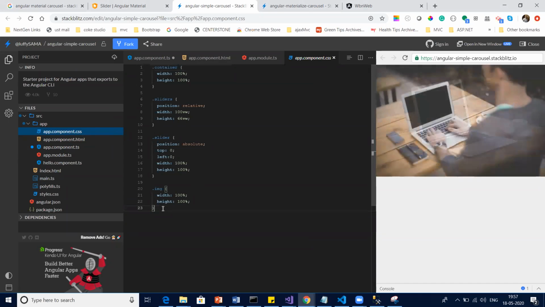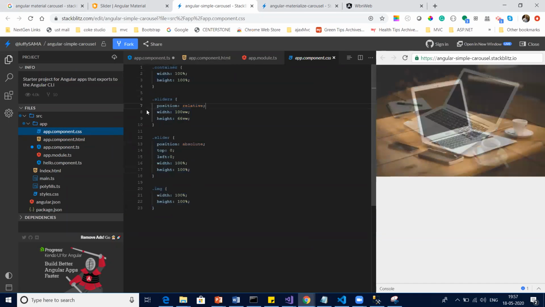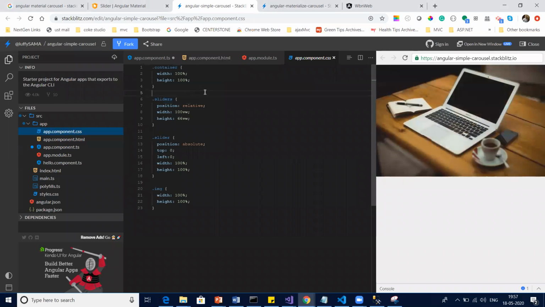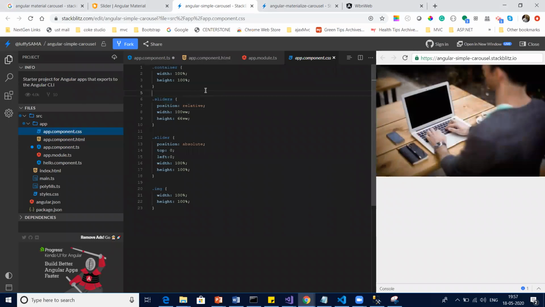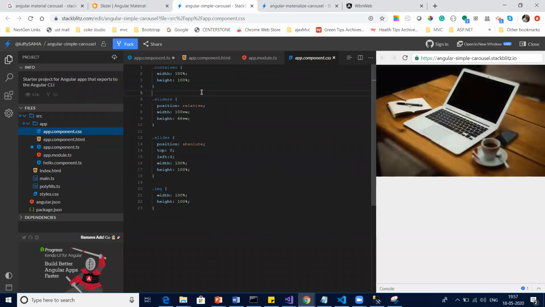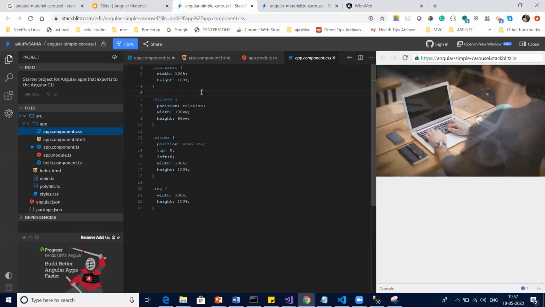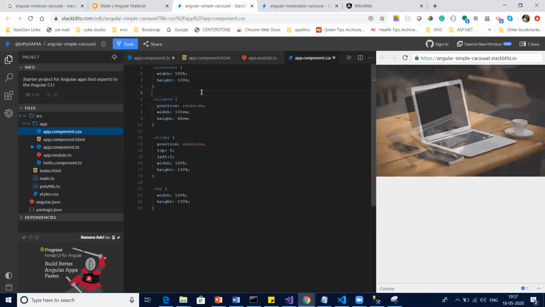This is the style for the slider class. Position should be relative, meaning the position of your slider will be relative to your div, basically your parent container.